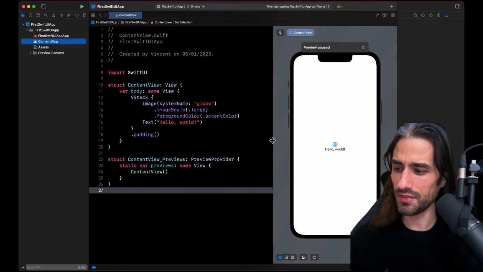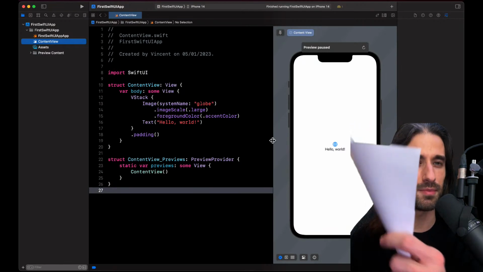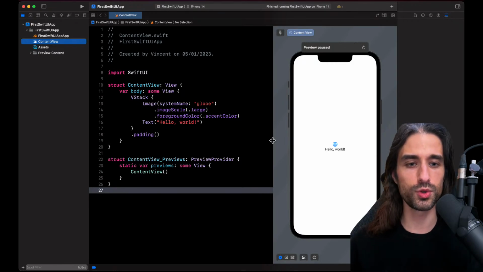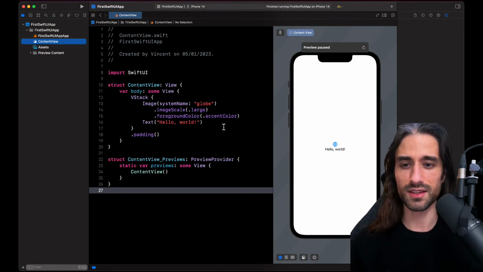So first thing we're going to do, I have a little paper with the outline for this live. We're going to implement a view that displays a list of movies with something that's called mocked data, meaning data that is hard-coded in the project. So we're not going to begin by fetching data from the API. First, we're going to use hard-coded data, focus on the UI, and then we'll move on to implementing the actual network call.